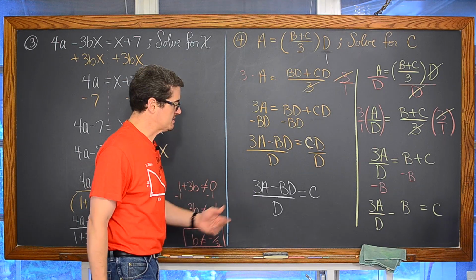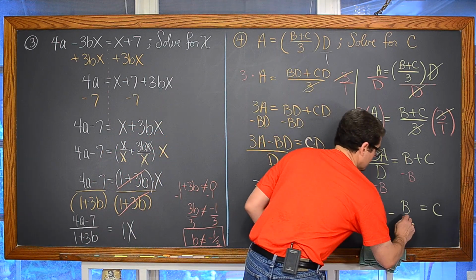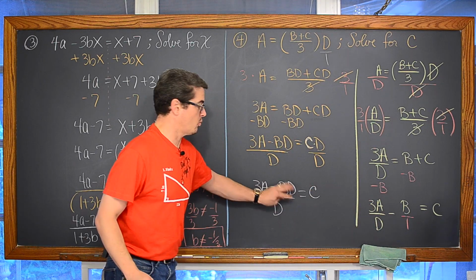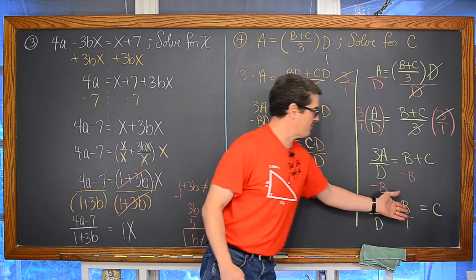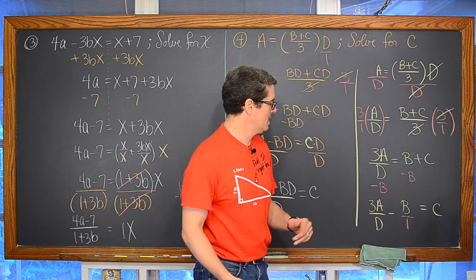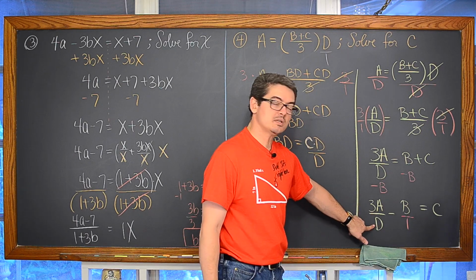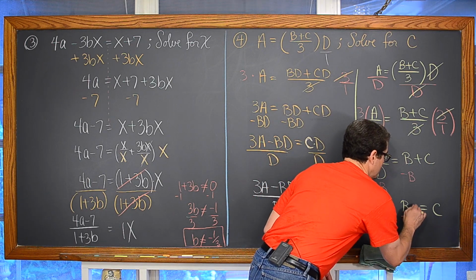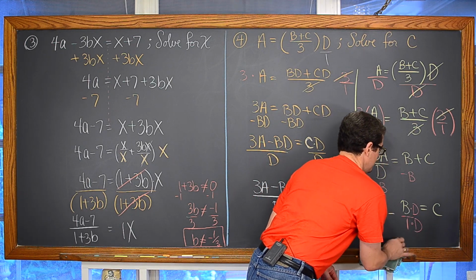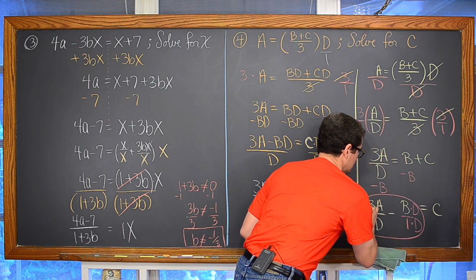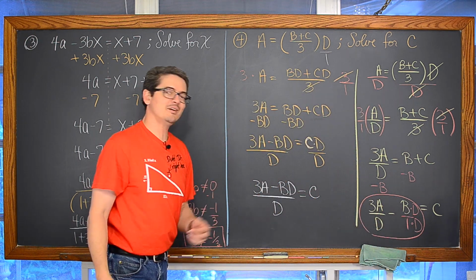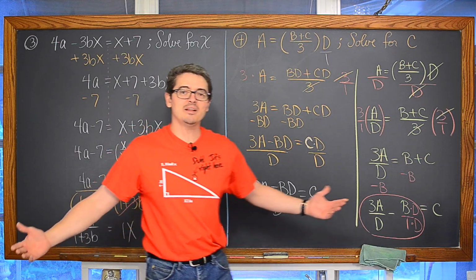These are equivalent answers because if I come over here and want to write these two terms as just one term, well, if I combine fractions, don't I need common denominators? Which means I would have to see that this denominator is d, this denominator is simply 1, so I need to multiply the numerator and denominator by d, and look at that, (3a minus bd) over a common denominator of d. And that is the end of my last example.